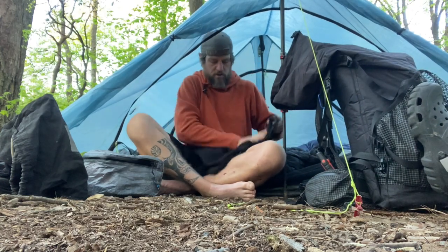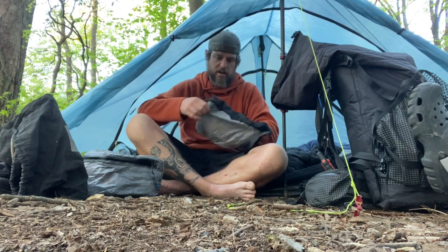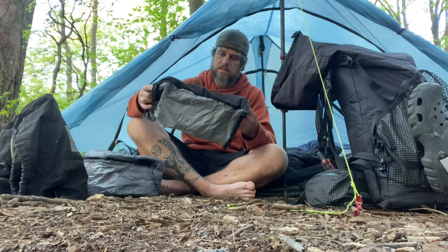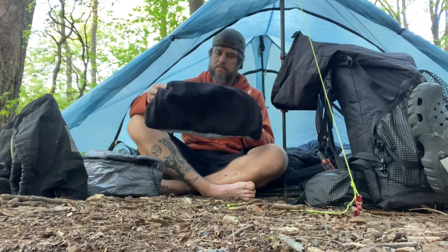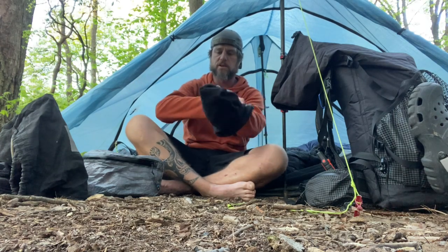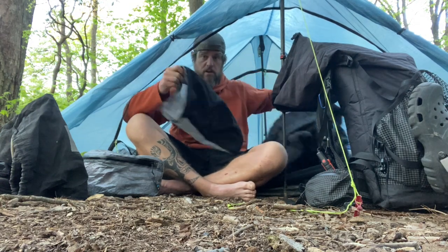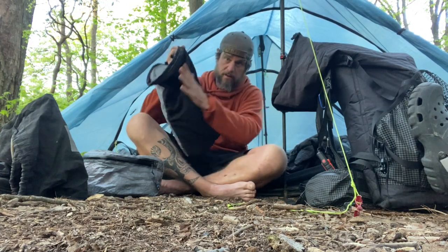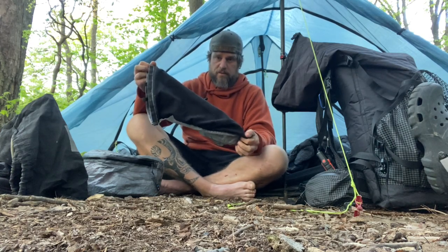Okay, so if I know it's gonna rain or there's a high chance of rain, then I will stuff my puffy in this. This is the Z-Packs dry bag, but it also serves as a pillow because you can turn it inside out, and it's a dry bag. And then when you get to camp, I put my puffy in the dry bag, and this is my pillow. This was great for about a week and a half until